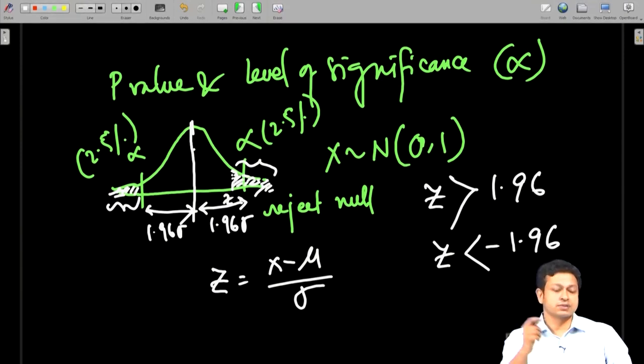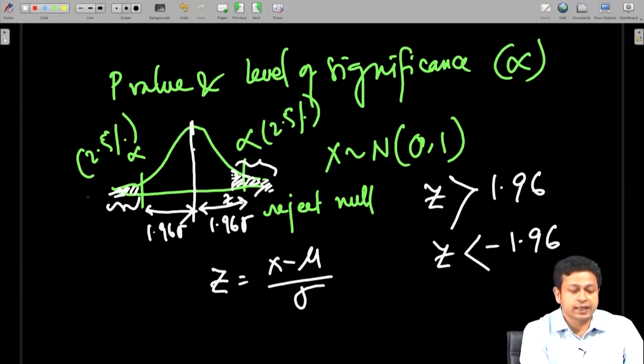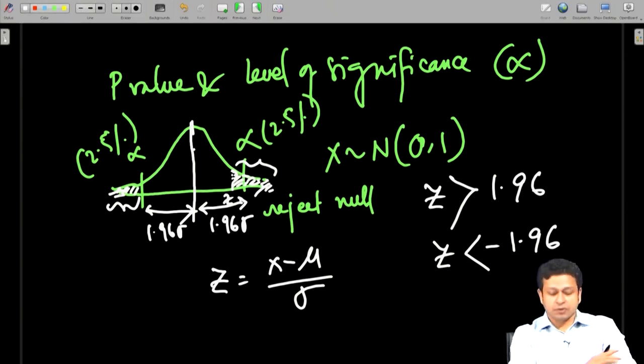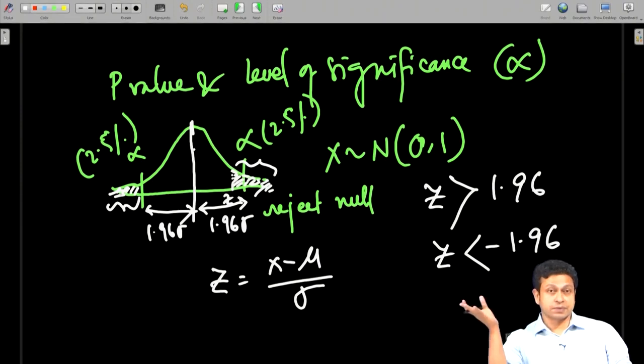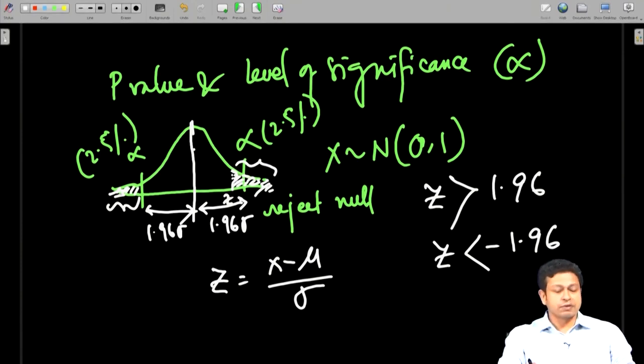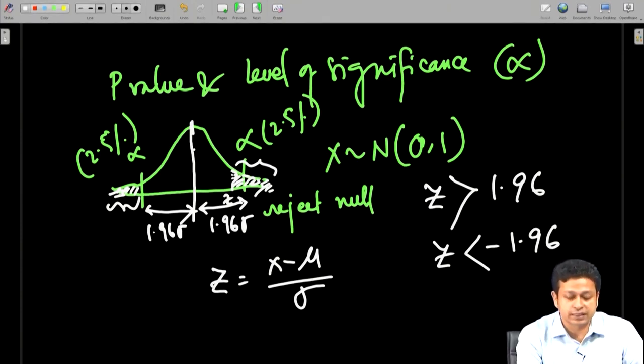It is as simple as that. So, the whole area under the curve is representing all the possible values where the z can lie, and the p-value is actually representing the area under the curve depending on where the z is lying. Okay, so that is what the p-value is, and it is quite obvious because if the p-value is